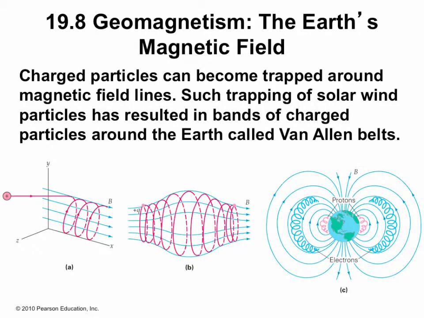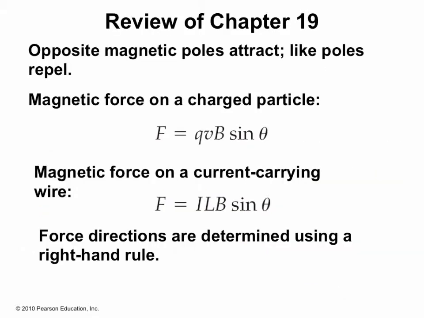So anyways, charged particles can become trapped around magnetic fields. Such trapping of solar wind particles has resulted in bands of charged particles around the Earth called the Van Allen belts or the Northern Lights. So to review that,